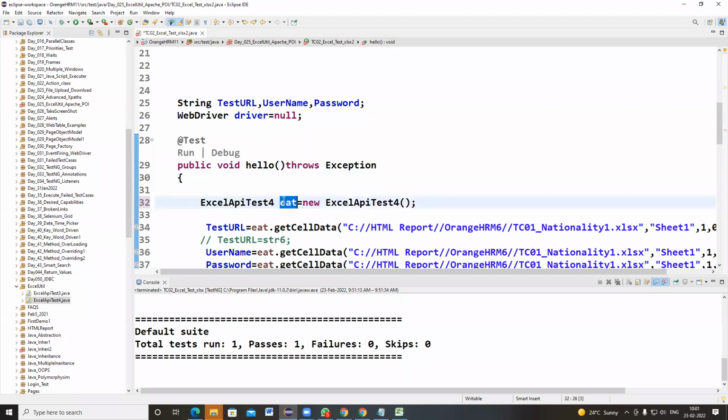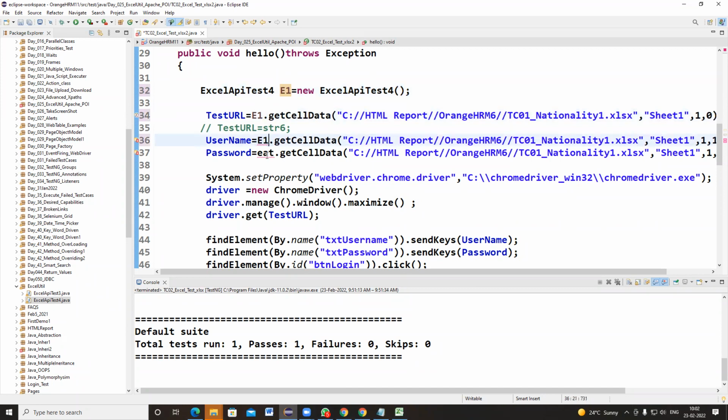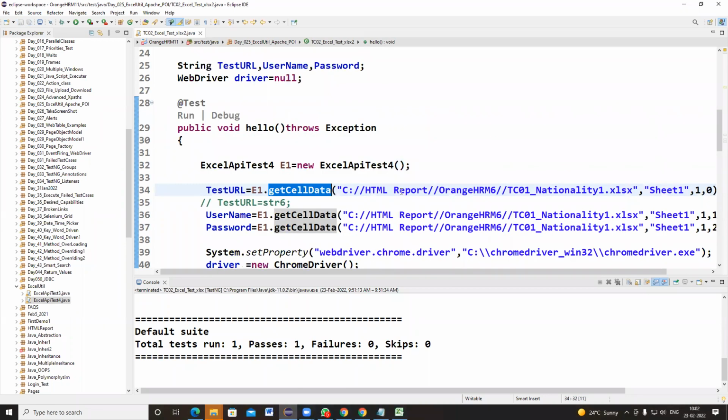And for this Excel API test4 class, I'm creating an object. I can create whatever name I want, you can create anything. Here it is E1 dot. So I have created it. That means this get cell data method is implemented in which class?